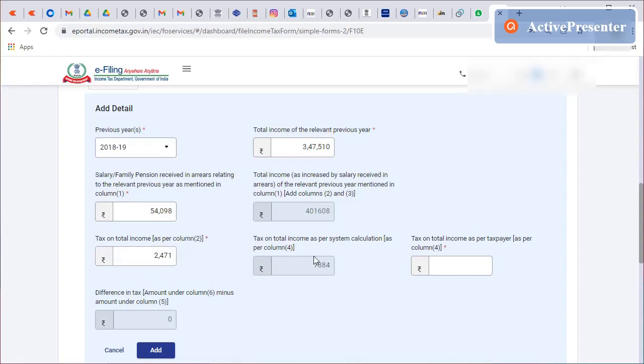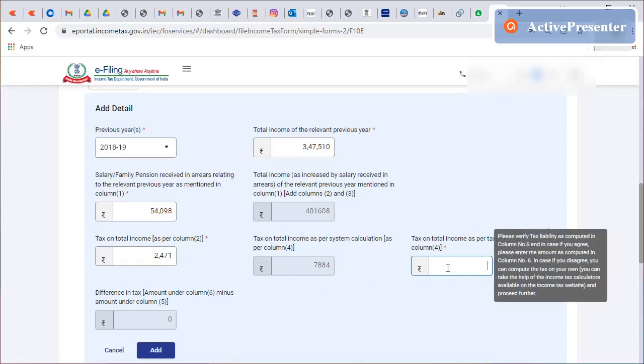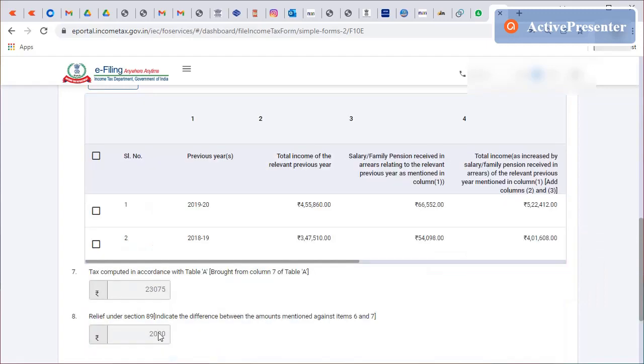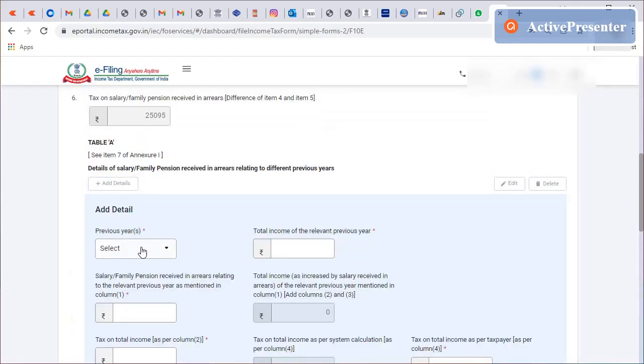But this is the tax which I should have paid. So enter this value here again. Click on add. Similarly, add for the next year also, which is 17-18.